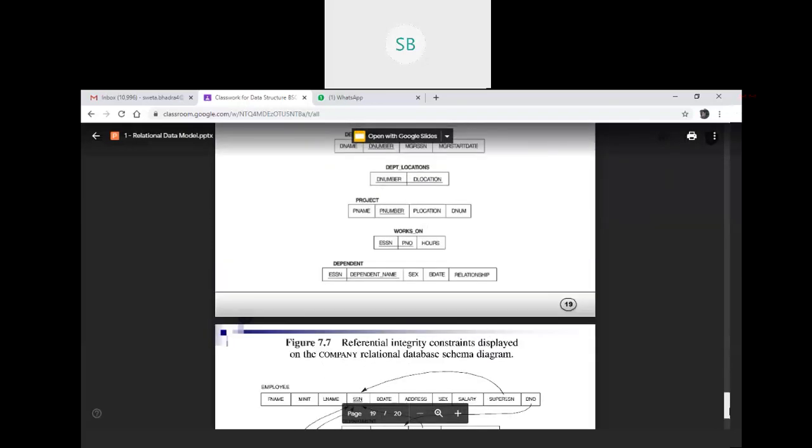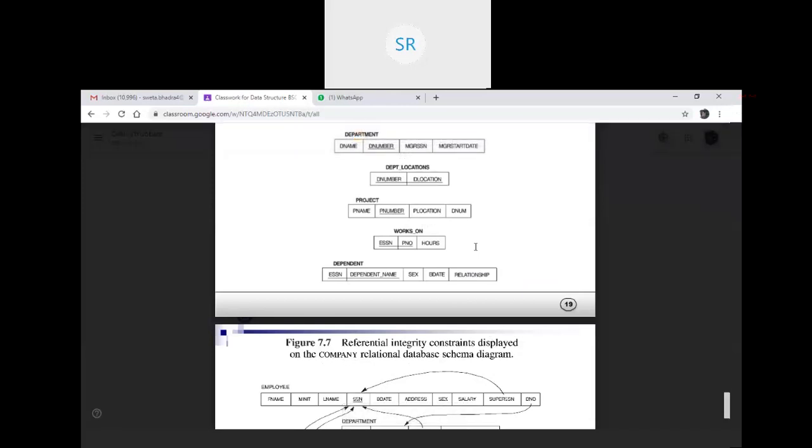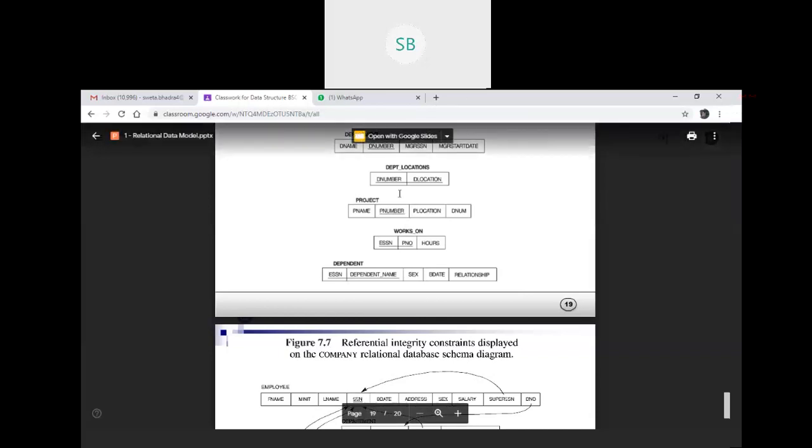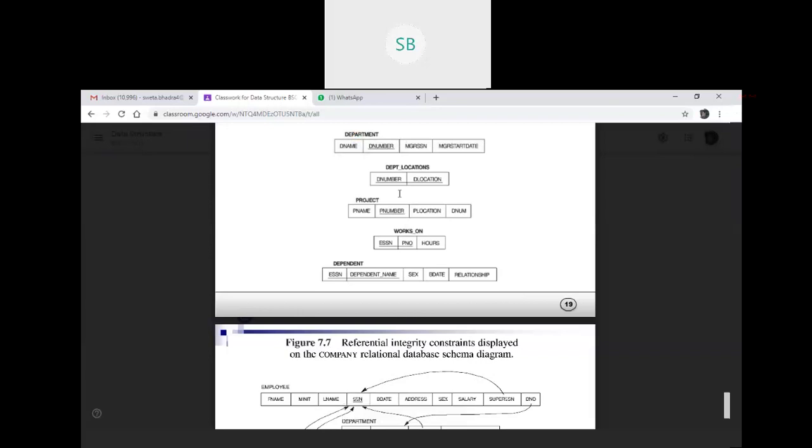Now tell me, do you have any confusion in this part? No, ma'am. I don't have any confusion. Referential integrity constraint clear? Yes. Like in class, this time I cannot ask you questions, right? I cannot go for exams. So you people need to clear the doubts, study on your own and tell me what confusions you have. Okay? And any other part you have confusion about, apart from this part?